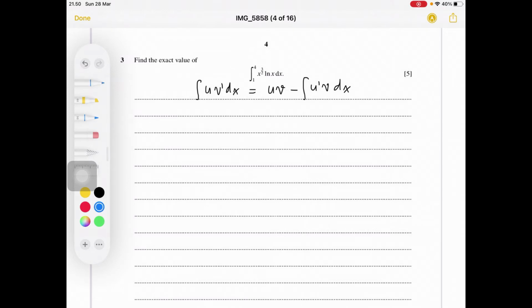For this case, u is equal to ln x, so that u prime is equal to 1 over x,